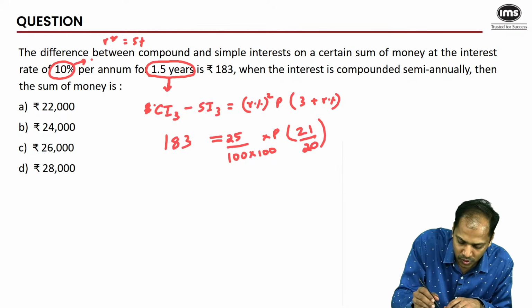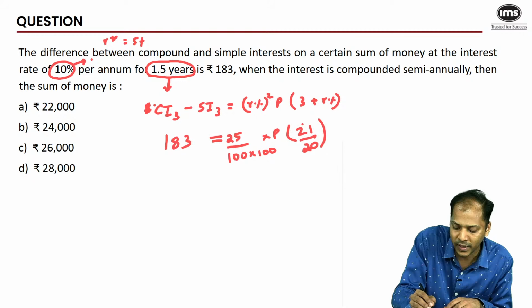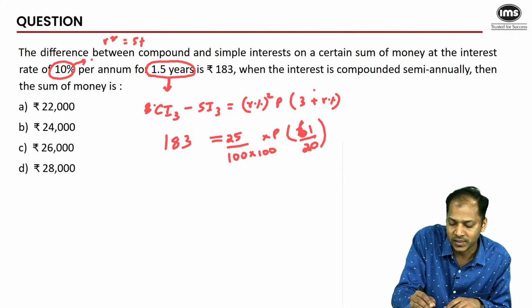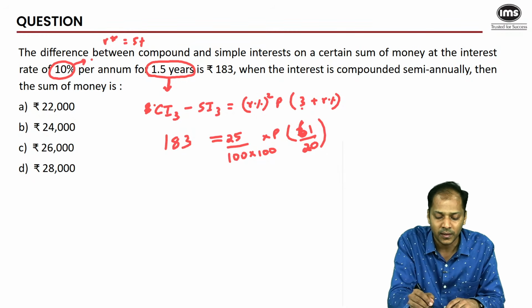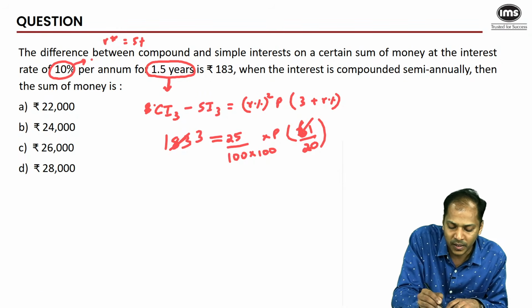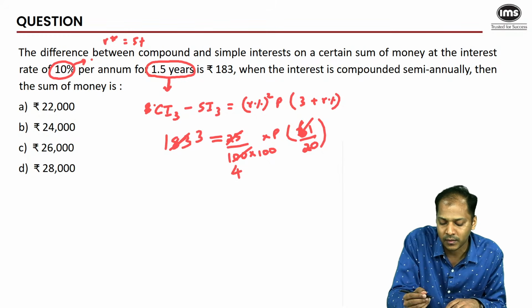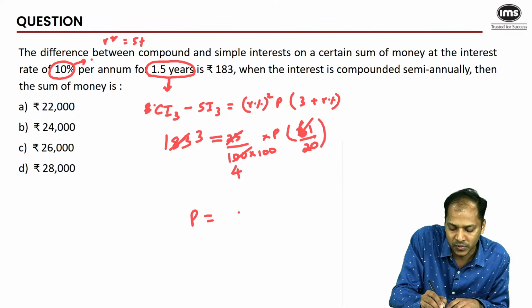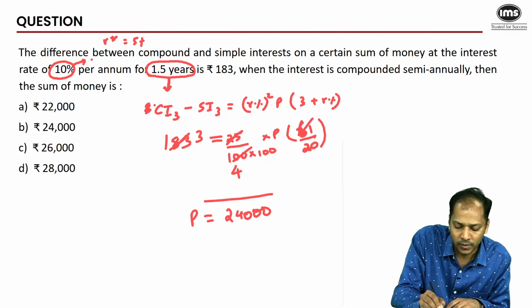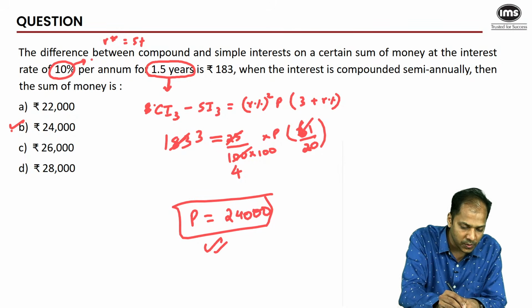I'm sorry, that's actually 61. So 3 plus 1 by 20, so that will be 20 into 3, 60 plus 1, 61 by 20. The 60 will comfortably cancel out 183 and this becomes a 3, and cancelling out happens quickly. 1 by 20, 25 goes 4 times, and basically this is 8,000 into 3. The principal comes out to be 24,000. If you knew the concept, this question was manageable. The correct answer is option B.